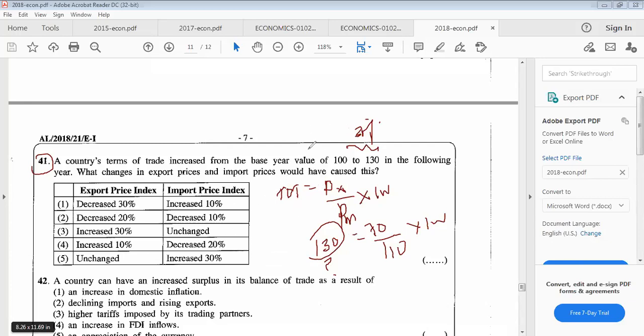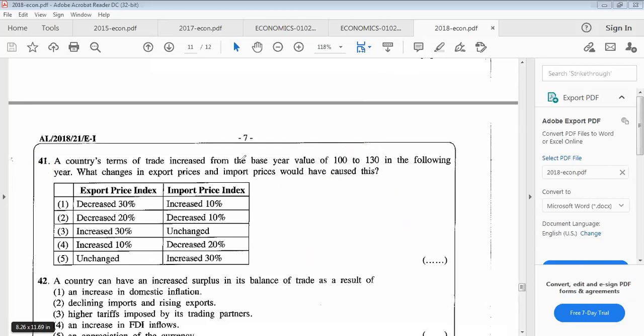Then, without directly going to the calculation, now, terms of trade is increasing. So during the improvement of terms of trade, export price index will increase. Therefore first is impossible, second also impossible. Correct? First is impossible, second also impossible. Now, rather than going to the calculations directly,